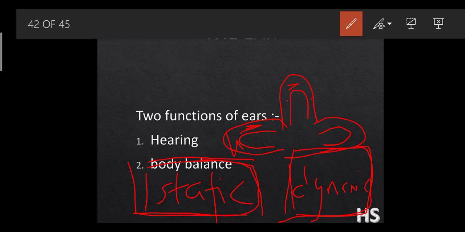And at the period when you stop spinning, at that particular time you feel dizzy, and your eyes move to and fro. This is due to the semicircular canal. The fluid which is present in the semicircular canal keeps on moving although you have stopped spinning, and that is why you cannot maintain your balance. So that is why it is called the dynamic balance.